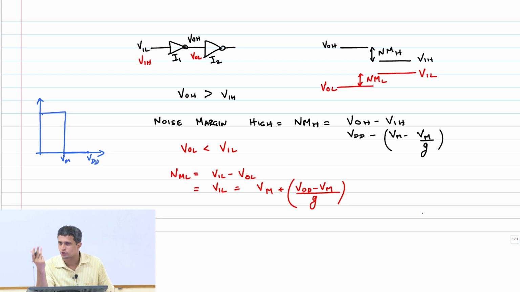Yeah, because they are actually very, very close to VDD and ground. I mean, you can calculate the exact value, but they'll be really close. That is true. The approximation method does that. But even otherwise, VOH and VOL will be very close. You do a simulation and see, for example, find out where the slope goes to -1 and see what VIL and VOL, VOH are. VOH will be very, very close to VDD, right? For reasonably high VDD, this will be true. Okay.